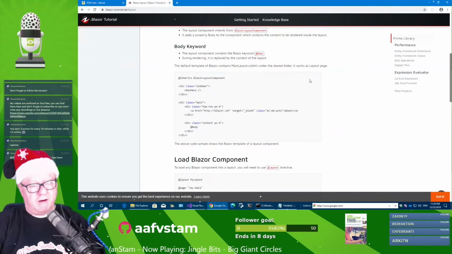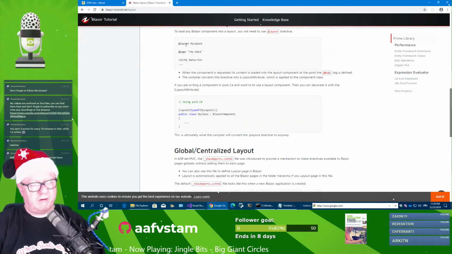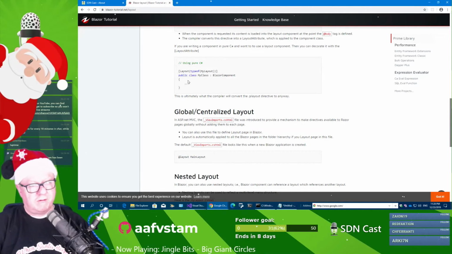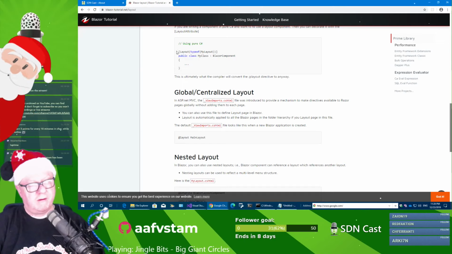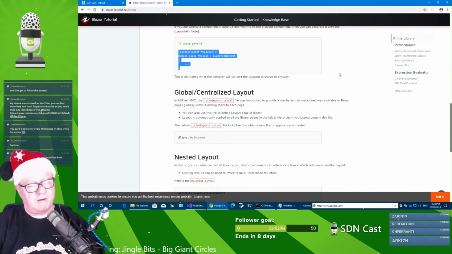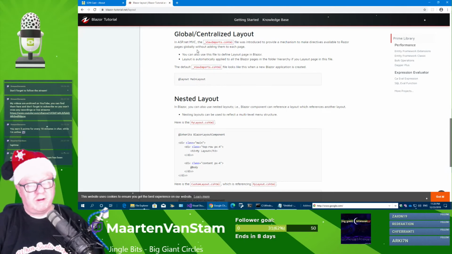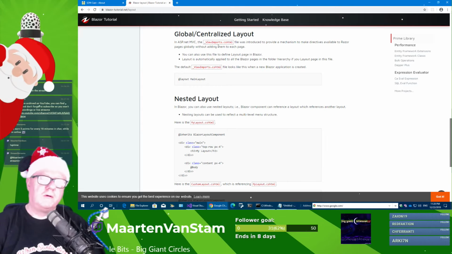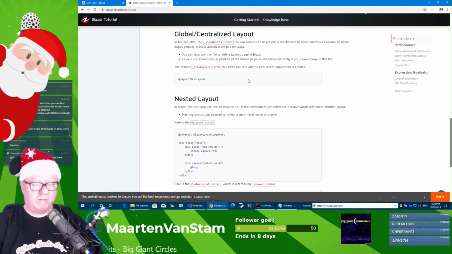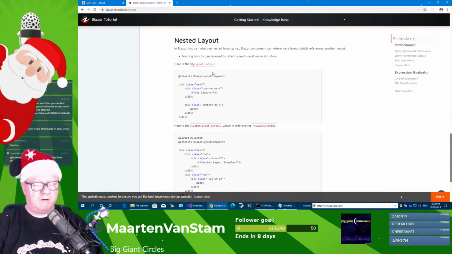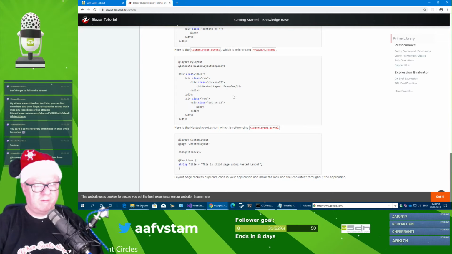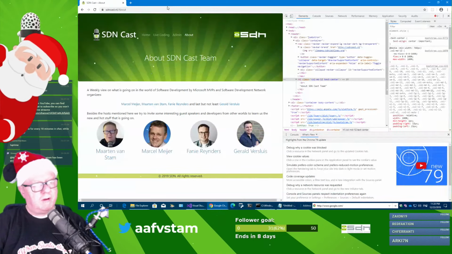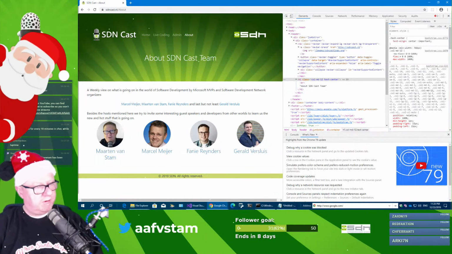Layout. Quickly check the layout in here. Blazor component. Layout. Type of layout is the back. Code on the back. Global centralized layout. Oh, view imports. Nested layout, my layout. Then you can put more layout items in there. Well, let's save that for the next time, and let's make a note of that for in here,